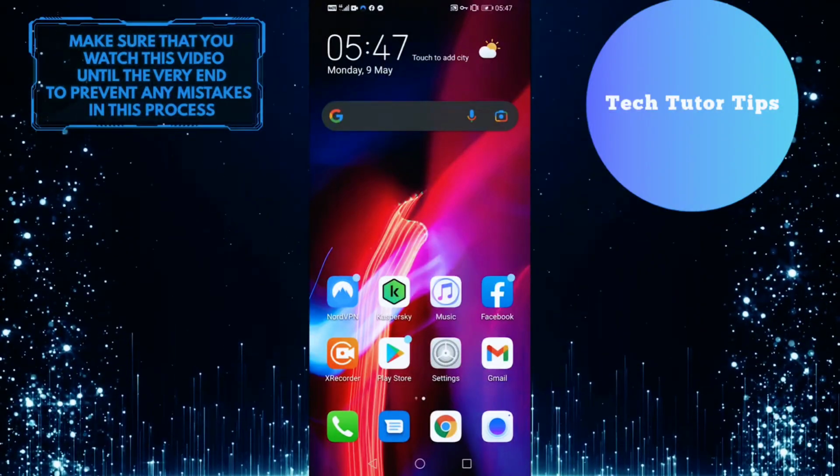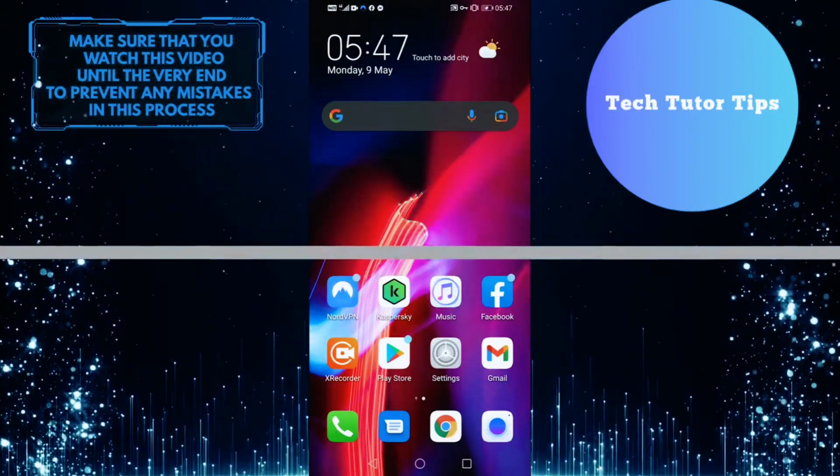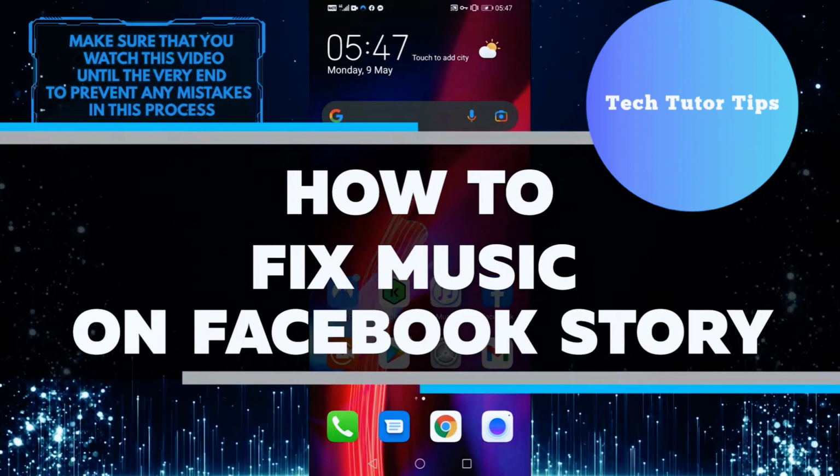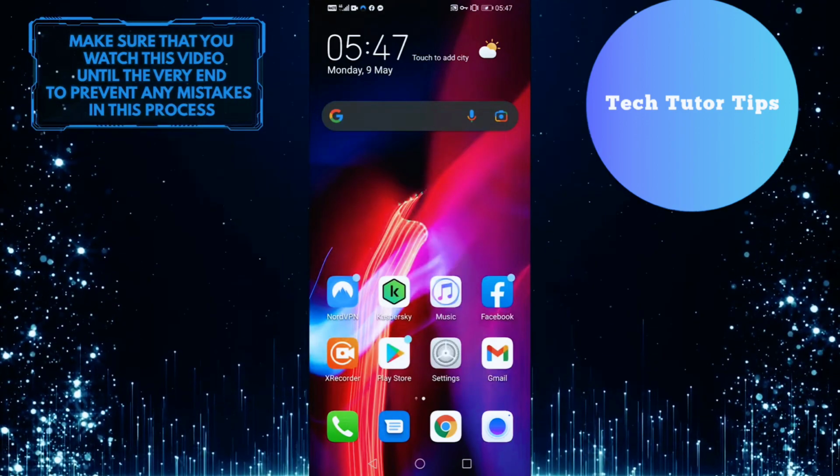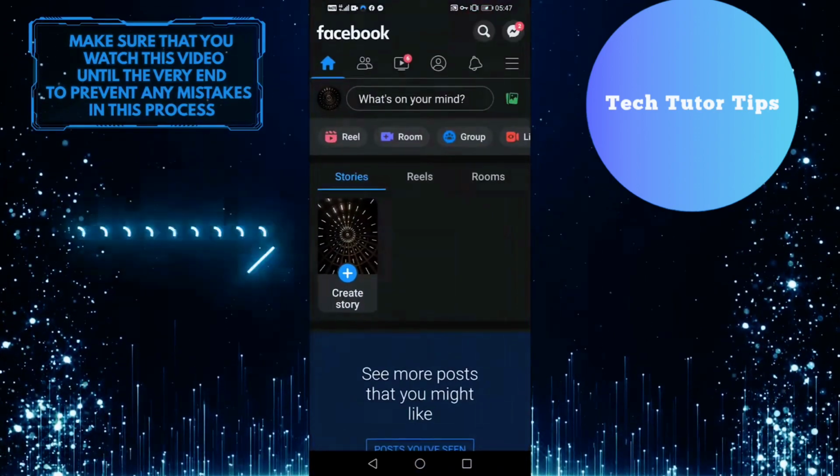Another quick tutorial video. Today I'm going to show you how to fix music on Facebook Story. So let's get started right away. Let's go ahead and open up our Facebook app, and then let's just select the Create a Story option